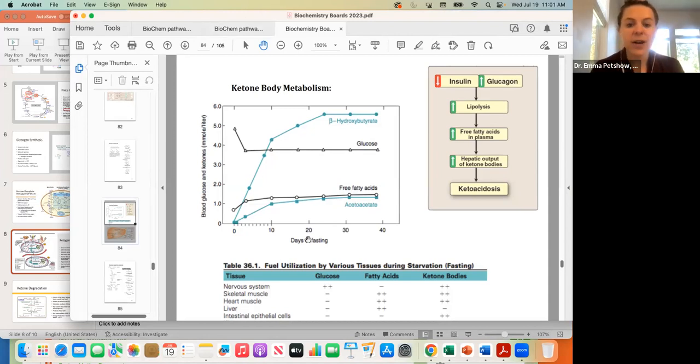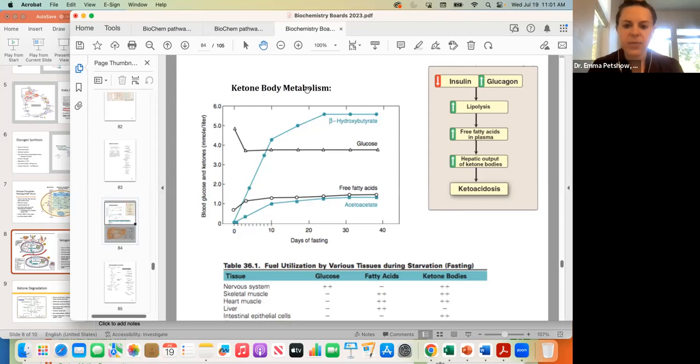So our last hour, I have kind of a little bit of popcorn of things I want us to cover. I want to talk about ketogenesis, as well as ketone degradation. We'll also probably spend a moment on the pentose phosphate pathway, as well as the urea cycle. There's many more things in this packet that you can cover, but these are the most high yield at this point in your study, about a week and a half away from your test date.